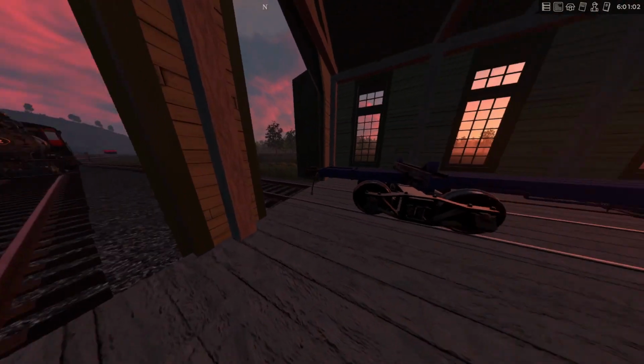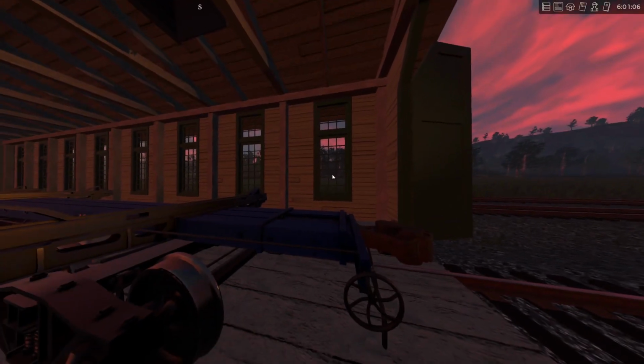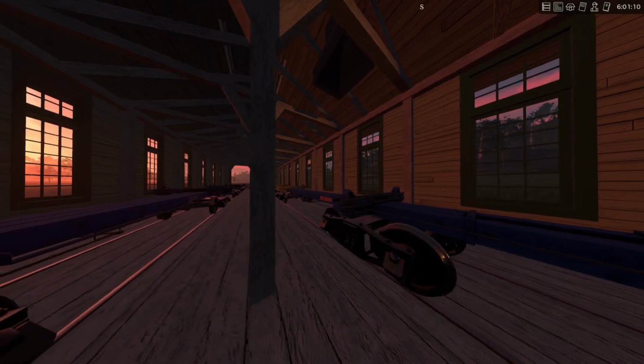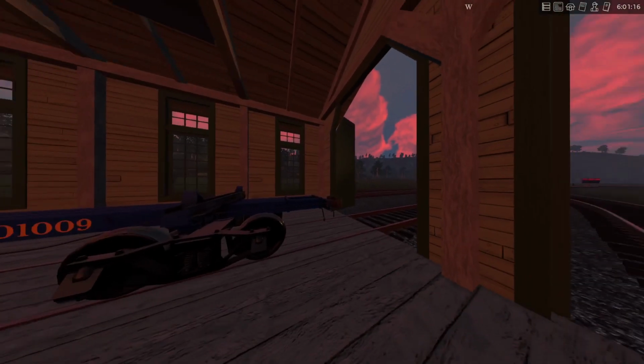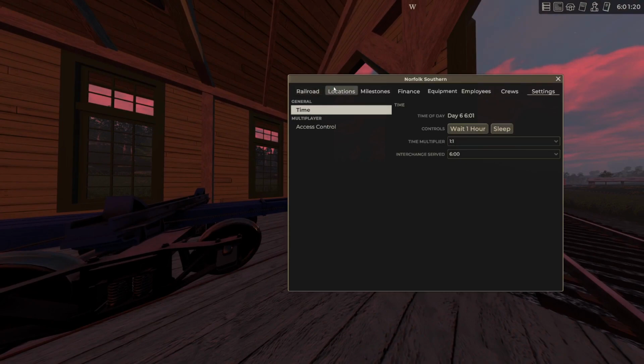Now we are in the engine shed on another glorious morning in game and currently have 4 skeleton cars sat in the shed. And the reason for that is I've had a bit of a prang. If we have a look